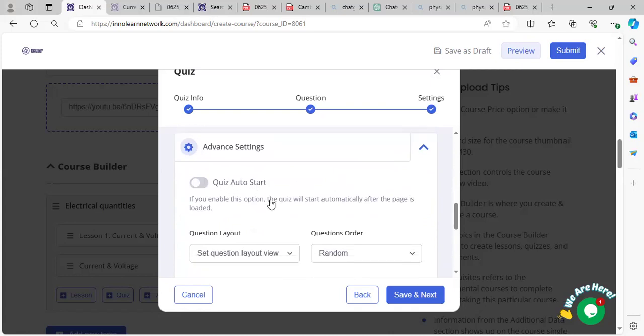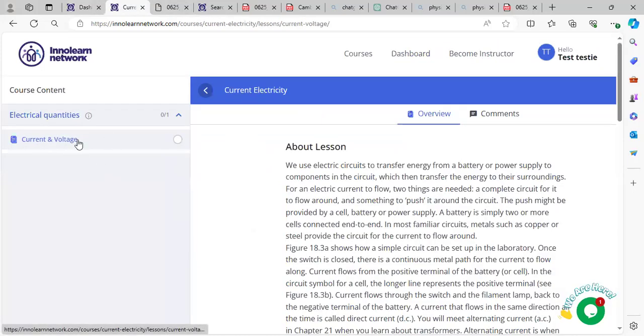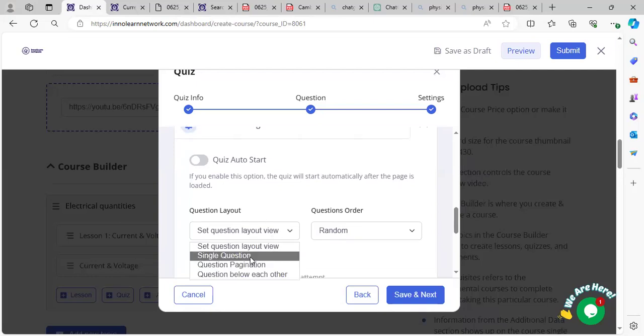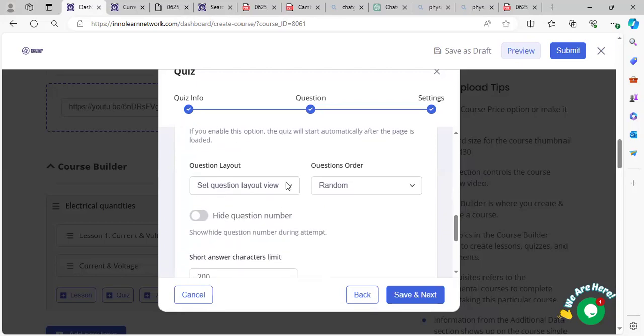Quiz auto start. Auto start means that as soon as they start the lesson here, the quiz will come automatically. But maybe you don't want to do that. Question layout, set the question view layout. Single question, pagination in terms of pages you want to show, next page. These ones you can always try. These things you just try. You can save